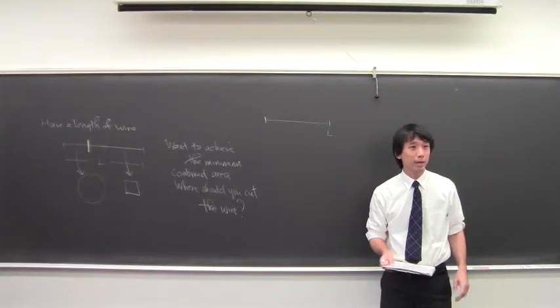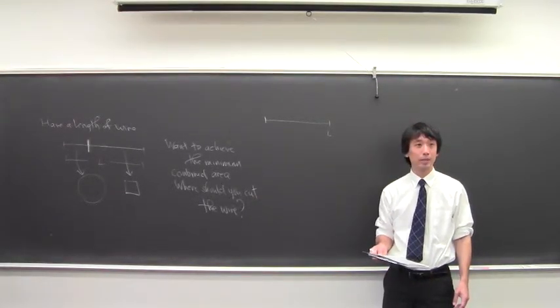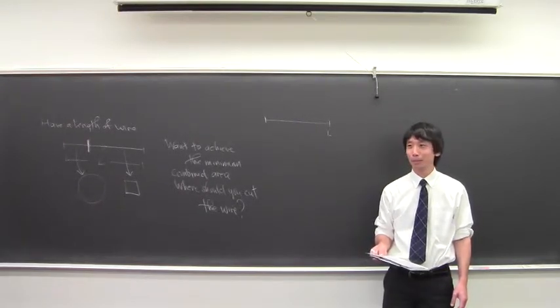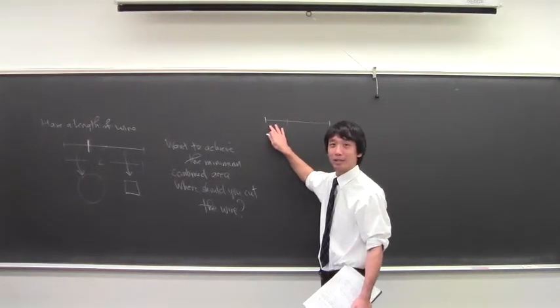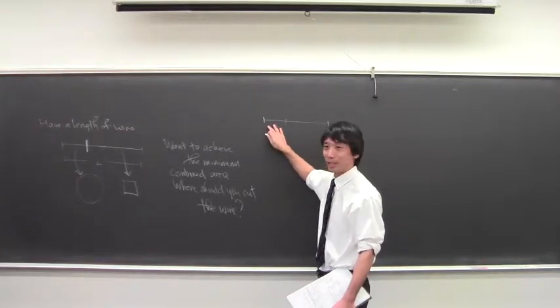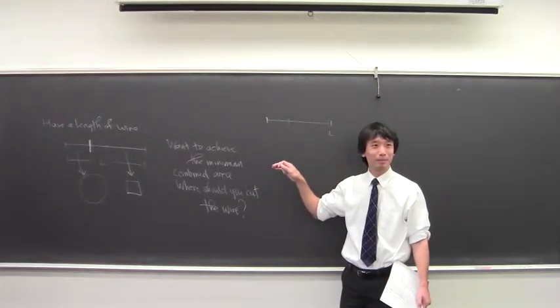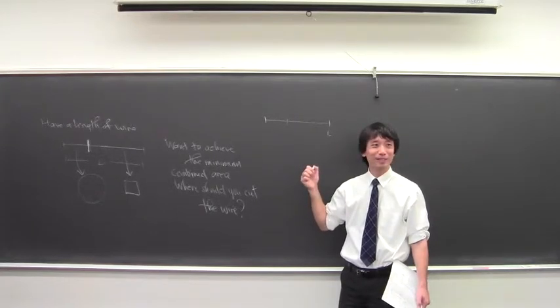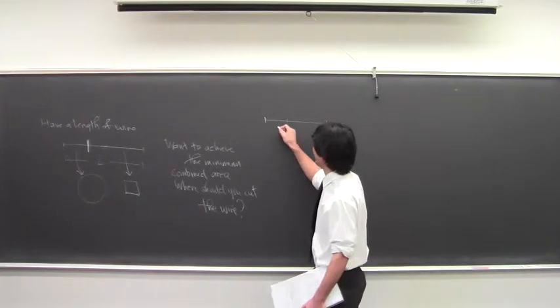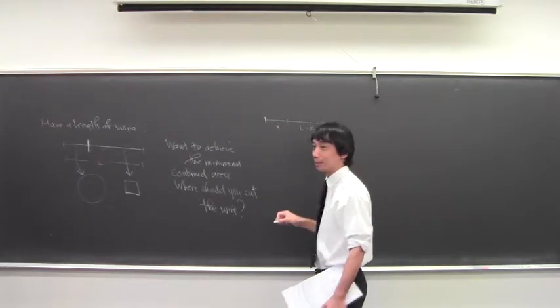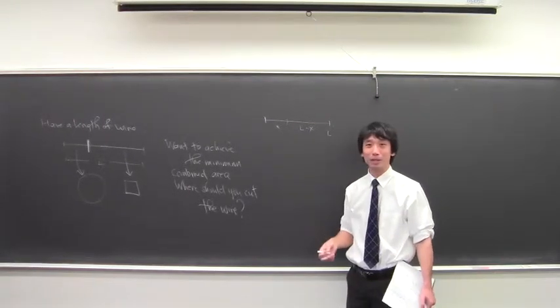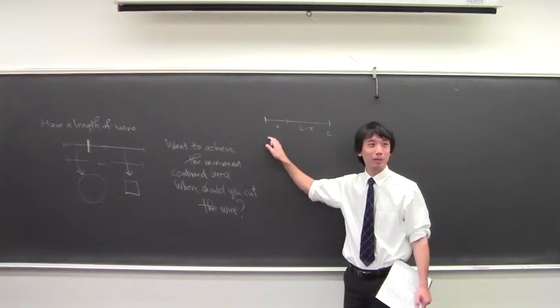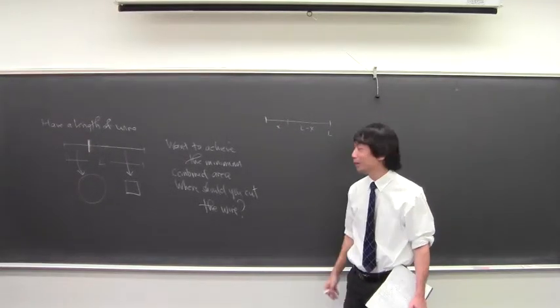Okay, anybody want to say how they're setting things up? What are you calling the length of the first bit? Did anyone put any notation on it? No. So okay, there's some number, and then there's L minus some number. You could have done it the opposite way, it doesn't matter, but you need to put names on. You need to put some variables in here, because we're trying to